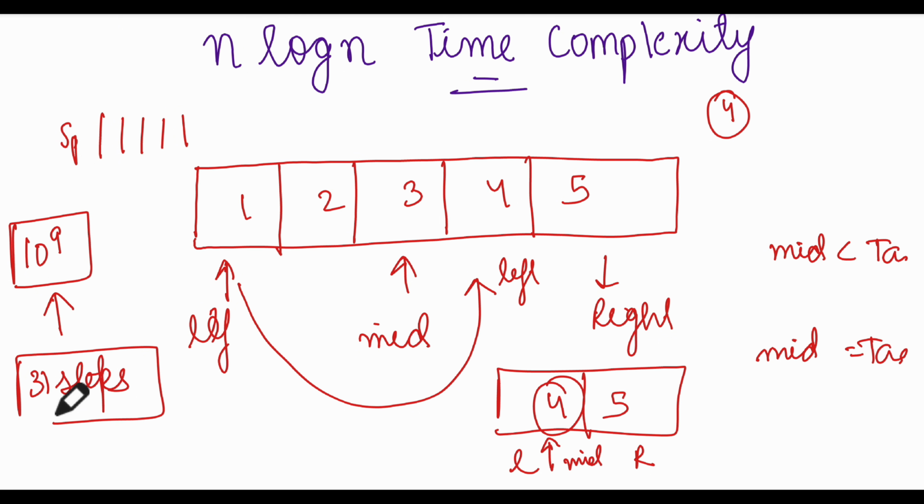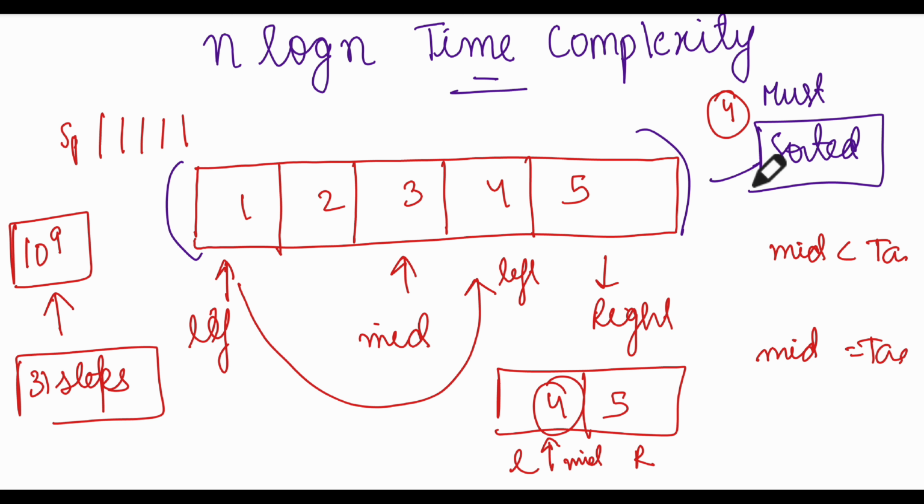But the biggest drawback of log n time complexity is that your data needs to be sorted. If you see this particular case, this data is sorted, right? So this is a must for binary search: your data needs to be sorted. If your data is not sorted, binary search fails and will not work. So we will look through an example of why binary search does not work with unsorted